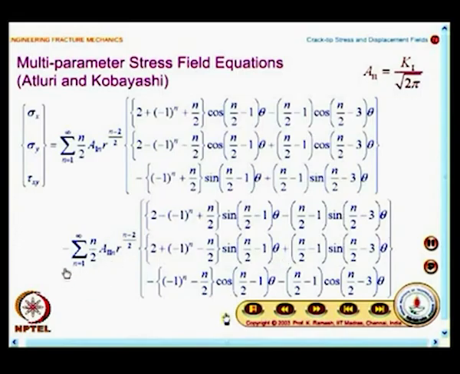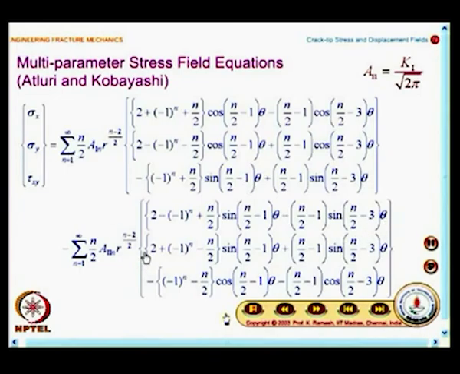For mode 2, this is minus of summation n equal to 1 to infinity n by 2 a 2n r power n minus 2 divided by 2, and for sigma x it is 2 minus 1 power n plus n by 2 multiplied by sin(n by 2 minus 1)theta minus (n by 2 minus 1) sin(n by 2 minus 3)theta,